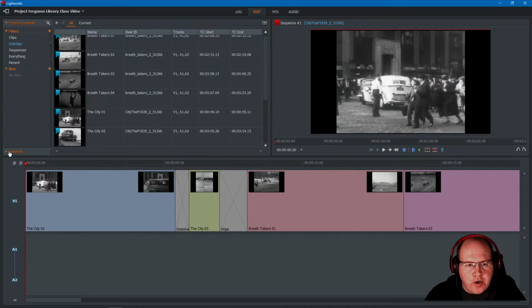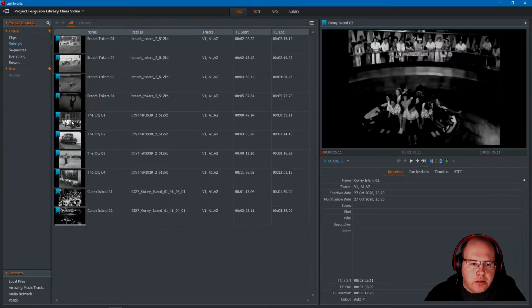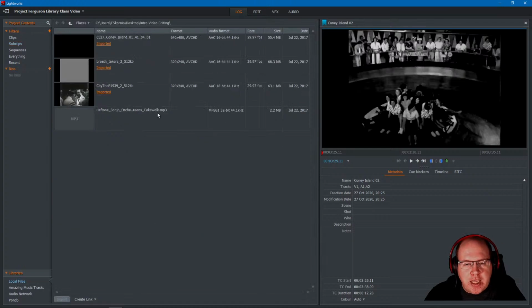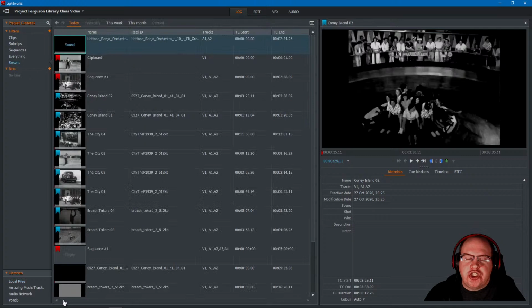Remember when we were working this before, I'm going to open, actually we can go back to the log. So we were working with it before. I'm going to go back to my local files, and I had a file in my folder here. I had this MP3 file, which is the audio file. If I click on this here, I'm going to import it just like I imported the video